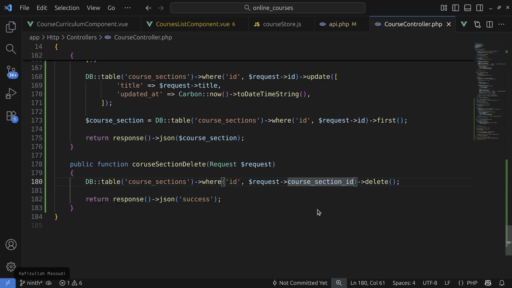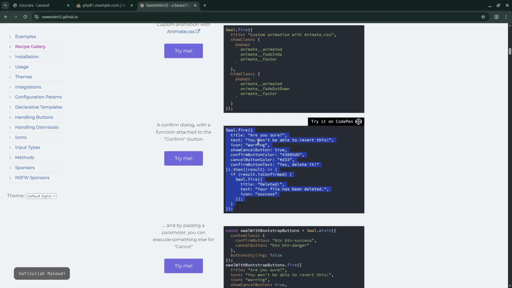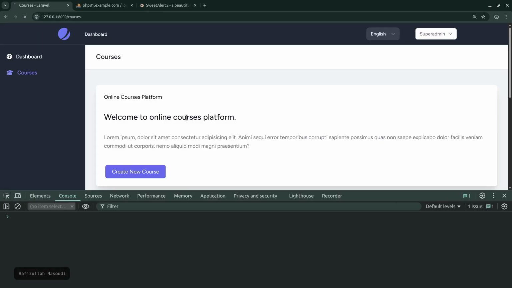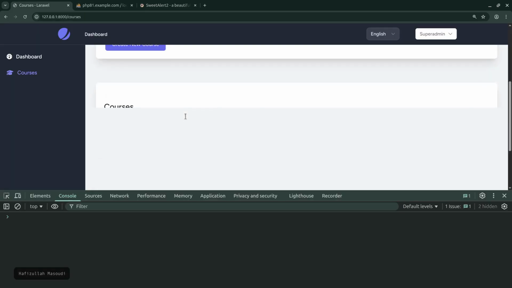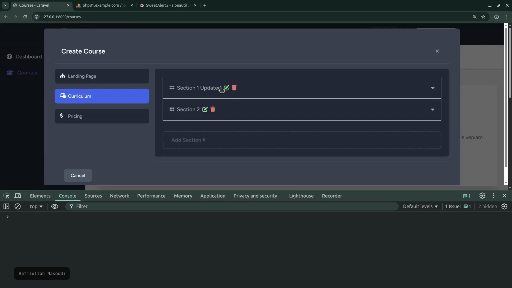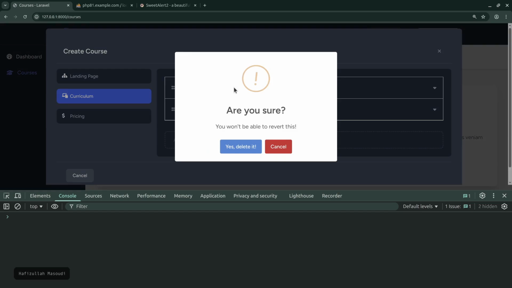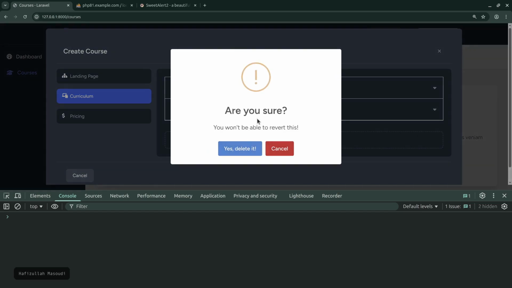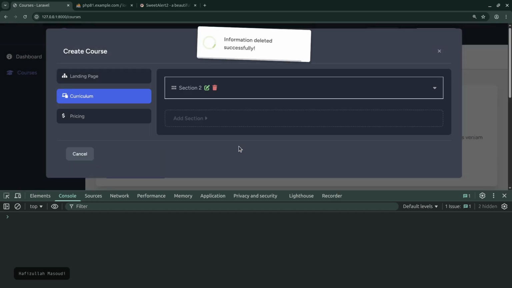Now this being done, let's check our code. Let's get back to the browser and to our project tab. Let's refresh and scroll down, open this, go to curriculum, and try to delete this one. So I will click on it. You can see SweetAlert is working, and yes, deleted, and you can see it has been deleted successfully. And that's it